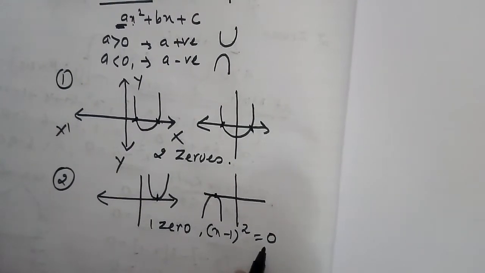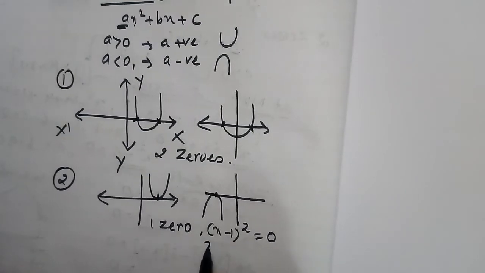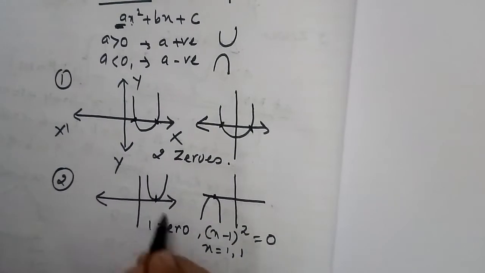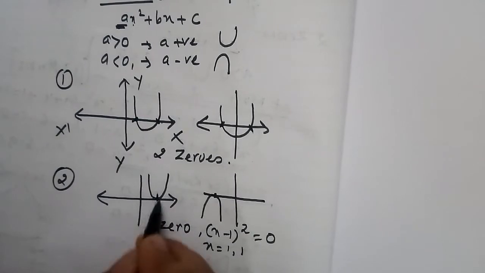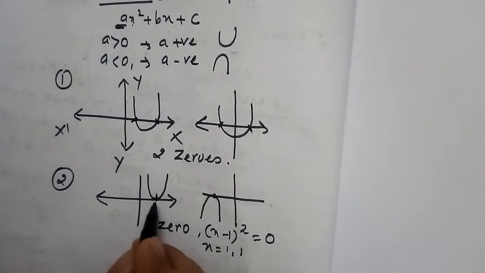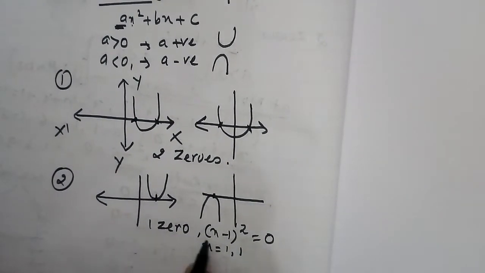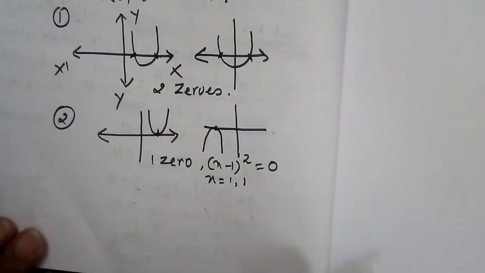This is a quadratic polynomial undoubtedly. When I open the bracket and solve it, I will get x equal to 1, 1. So this kind of graph is one where the same answer is coming two times, and we say it has 1 zero. Coming down to the third case,